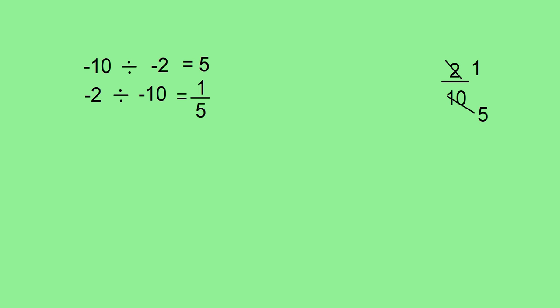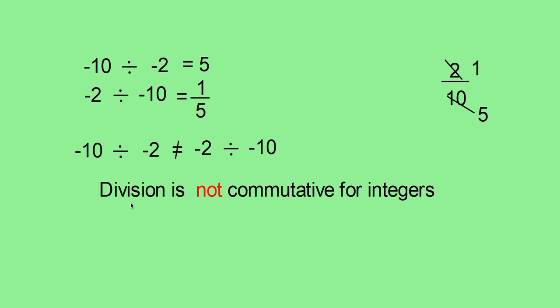No. So we can say negative 10 divided by negative 2 is not equal to negative 2 divided by negative 10. So we can say division is not commutative for integers. Now the same way we can say division is not associative for